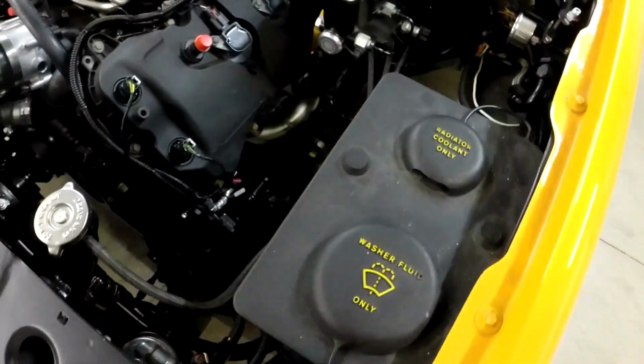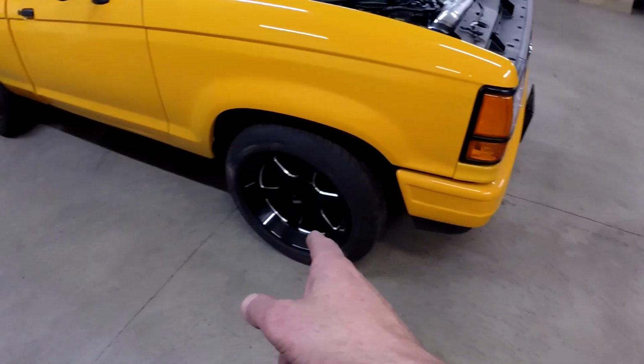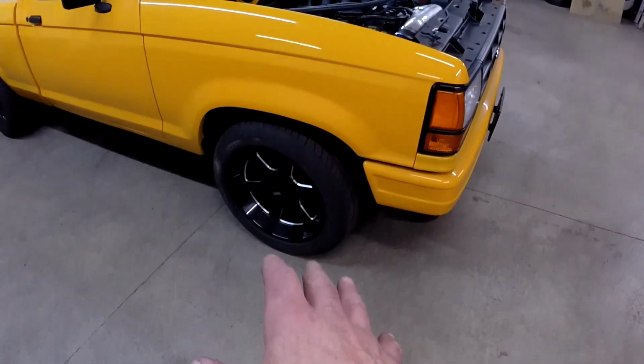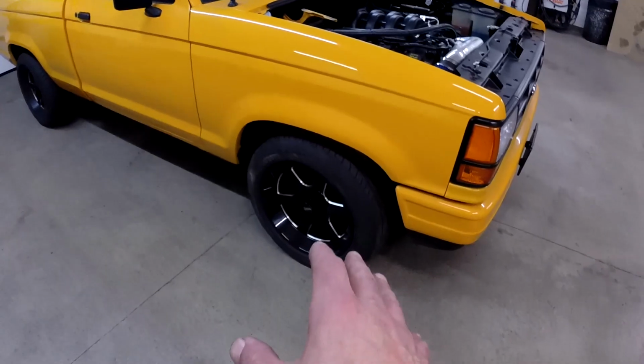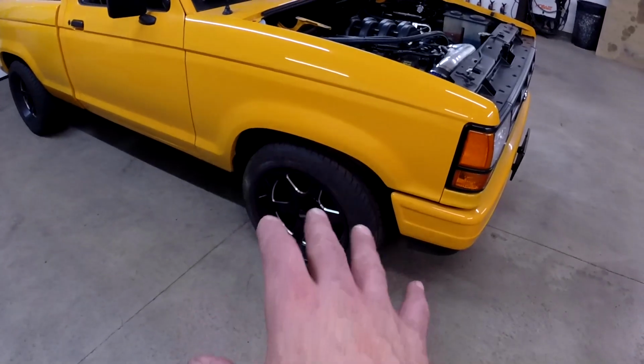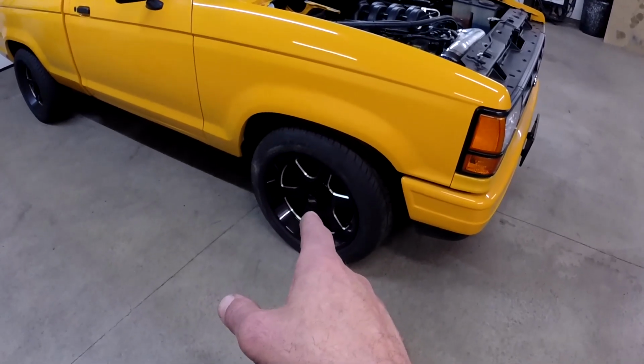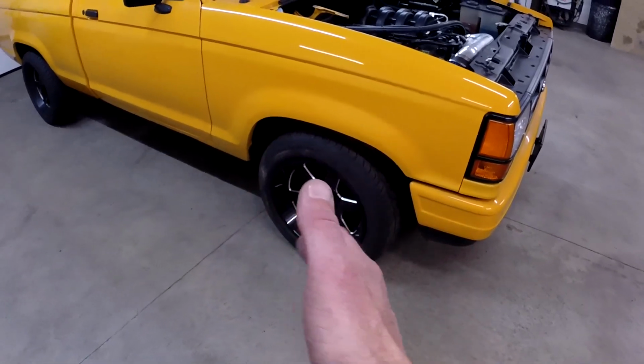So we'll do that quick and see how it goes. All right, I got the caster all adjusted on here. My alignment is basically done. I'll probably end up double checking it once I do a little road testing, or let the suspension settle just a little bit. Once I had adjusted that caster, it threw my camber and my toe off quite a bit